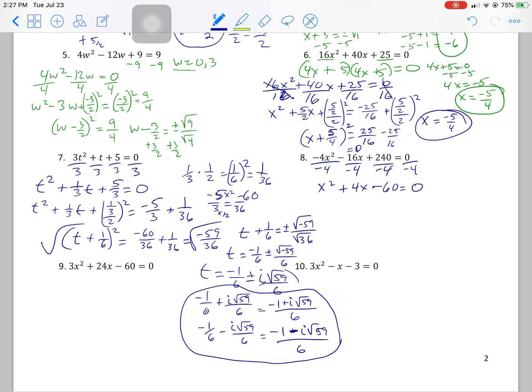I think that factors. I like to do that just to double check my answer going in the hard way, I call it. Let's see, 10 and 6, right? So the 10 would be positive and the 6 would be here. No. That'd be negative 60, positive 4. Yeah, so the final answer,